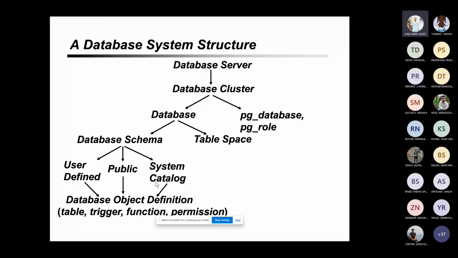And each of these schemas is going to contain database object definitions. These definitions may contain tables, triggers, functions, permissions, and so on. These are the objects which can possibly be added by the system or for the system.